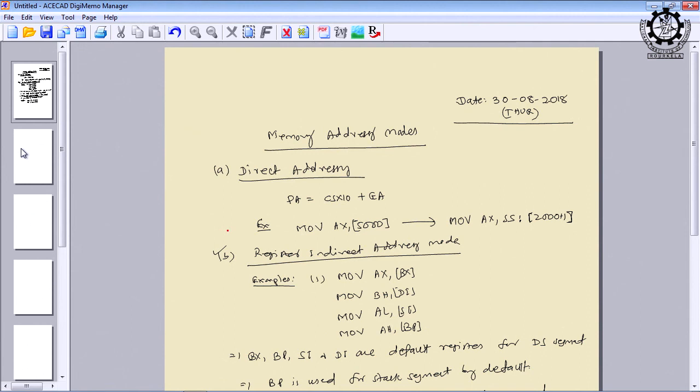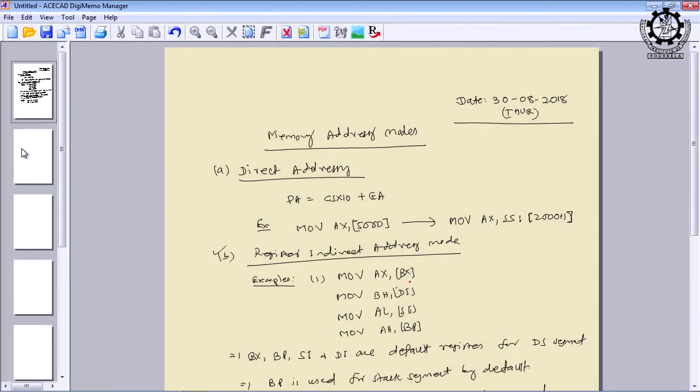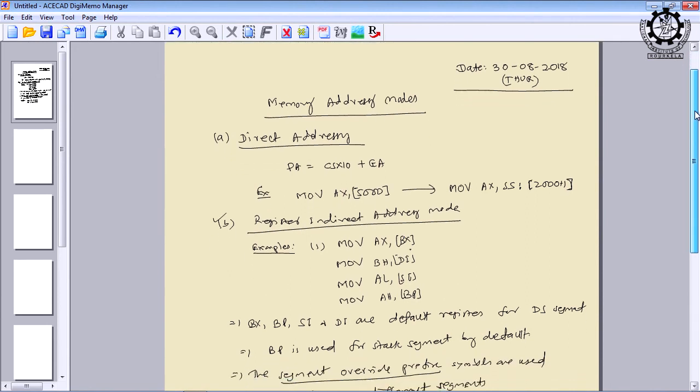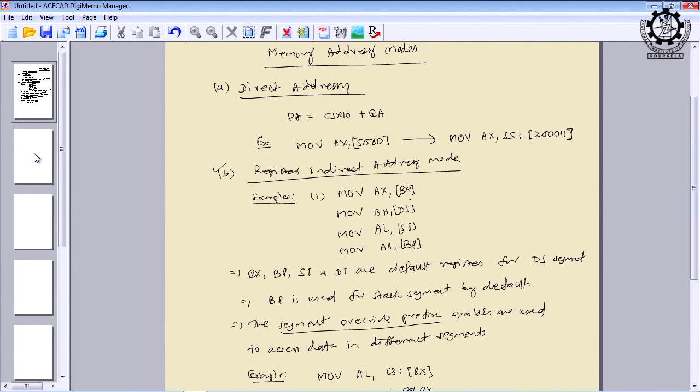Then the second is the register indirect addressing mode, which is also called a memory addressing mode. Here the memory location address becomes one of the operands in the instruction, therefore it is called memory addressing mode. So, MOV AX, [BX]. What is the meaning of this? BX holds a value that indicates the offset, which is added with the segment register multiplied by 10H to get the physical address, referring to a memory location whose content will be loaded into AL.